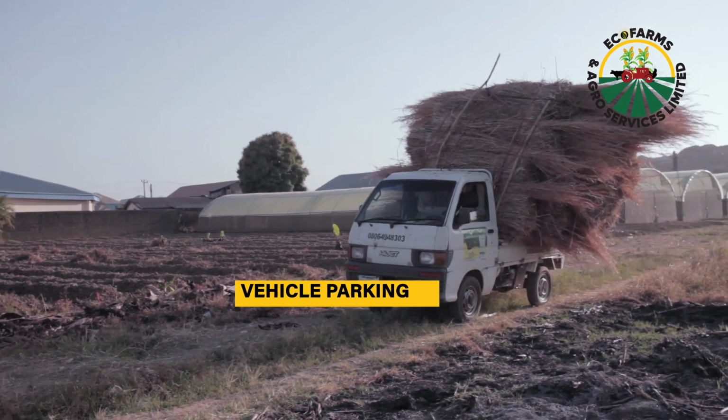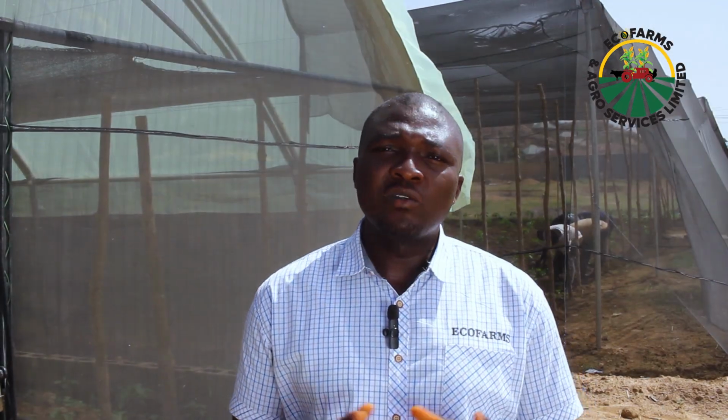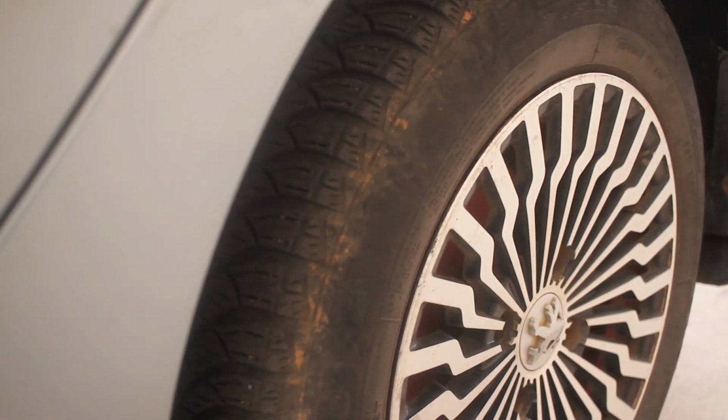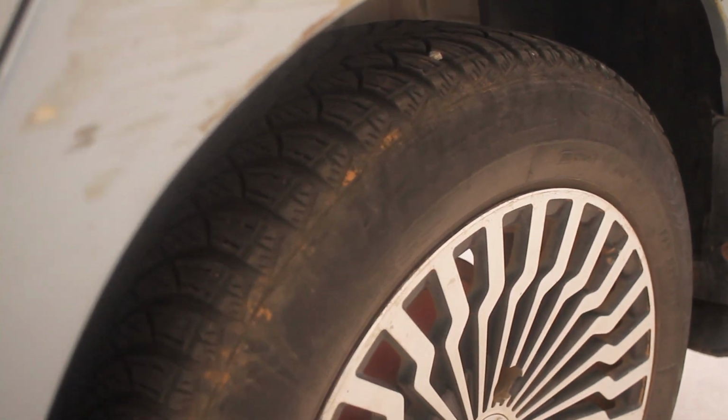farm. These vehicles must have a region where they are limited to stay. If every vehicle that comes from wherever they come from can drive all through the farm, it's important to know that they carry weed seeds, they carry potential pathogens that could be hazardous to the farm, and they may carry other pests from other farms where they've gone to take materials and they come and deposit them in your farm. So it's important that these vehicles are made to park in a designated area far away from the